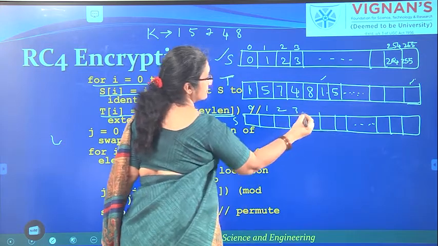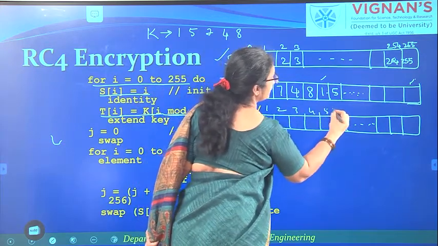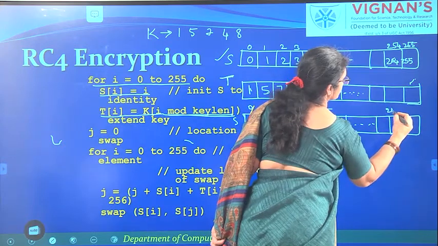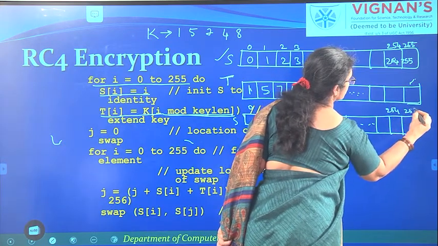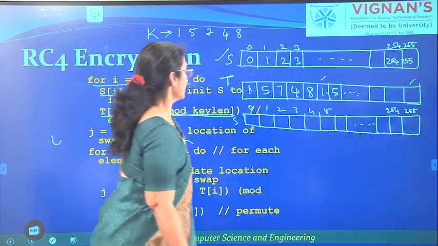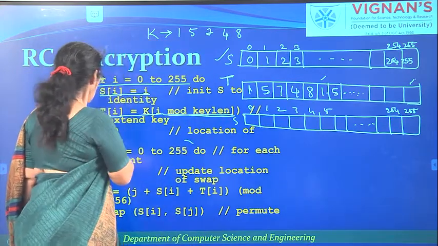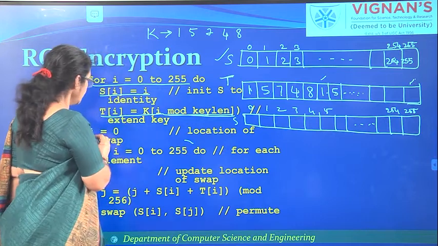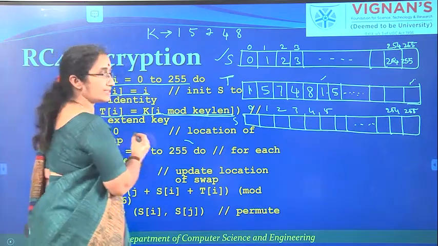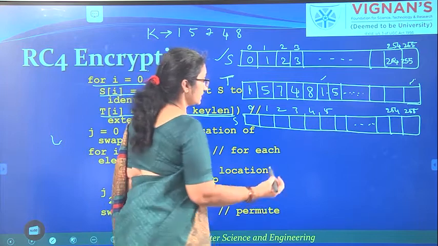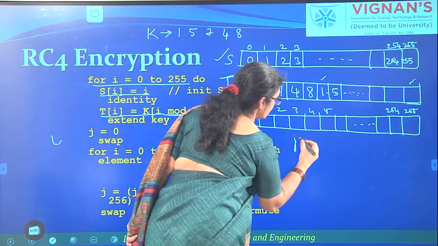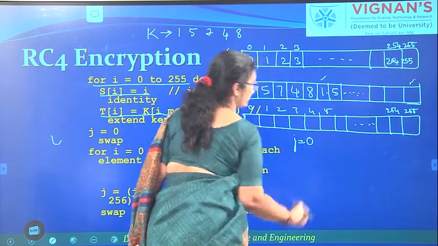These are the subscript values that I am writing. Initially we have to initialize the value of j as 0. So our j value is 0.